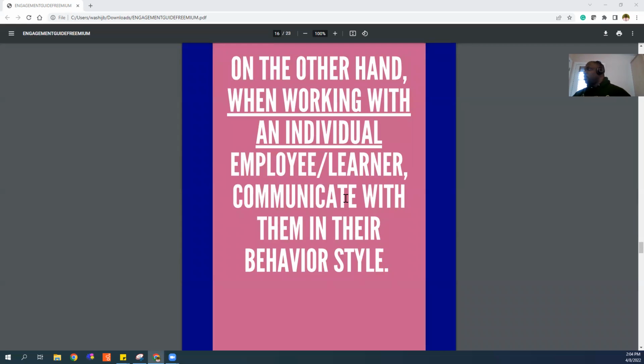messages you on your company chat or emails you, or they talk to you, they pull you to the side in person and they're like, hey man, I'm going through such and such problem, or I'm dealing with this, or they might be telling you something good. I don't know. When you're talking to an individual,